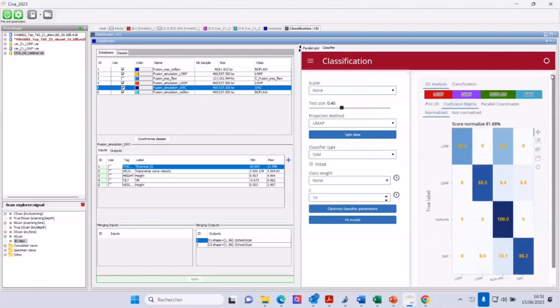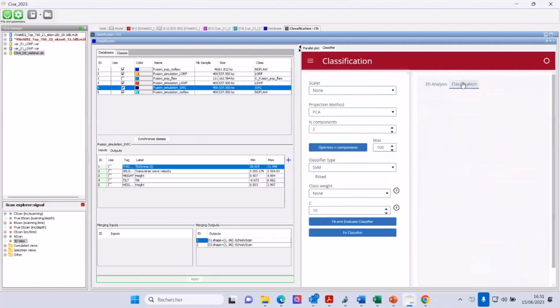So let's click after 2D analysis. You have the classification training. So if we go to classification, you have here different options to optimize the different components and select the algorithm to train the classes.